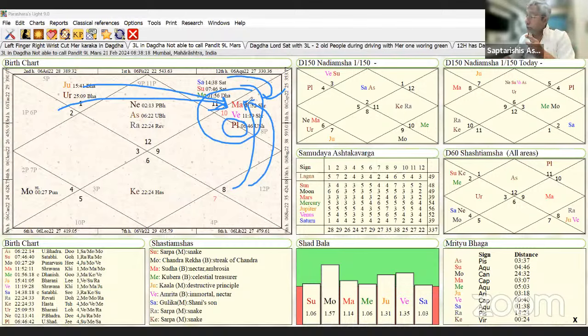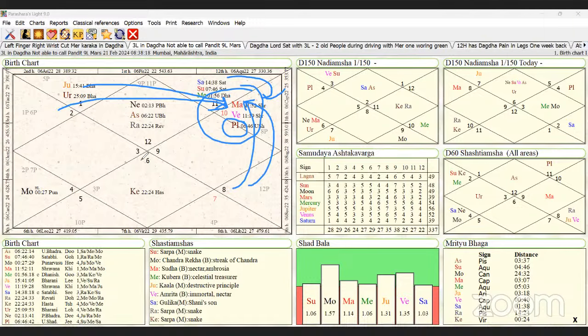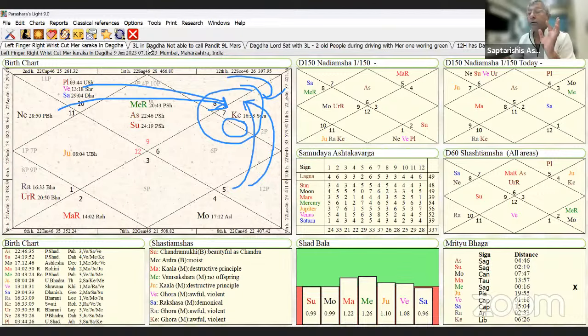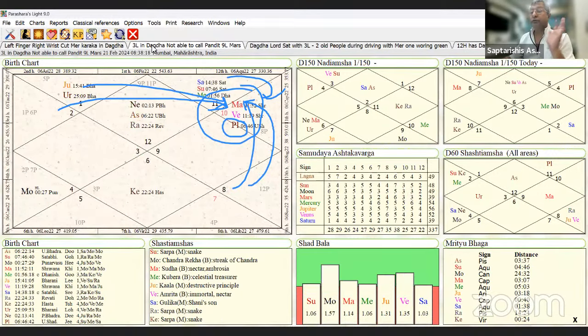You may not be able to predict. But what are you supposed to do for the next 3 years? What did I say? Any event happens, cast a Prashna, save it properly. Are you getting it, everybody? Yes, sir. You have done the mistake of opening all the charts, and now this one. Done.